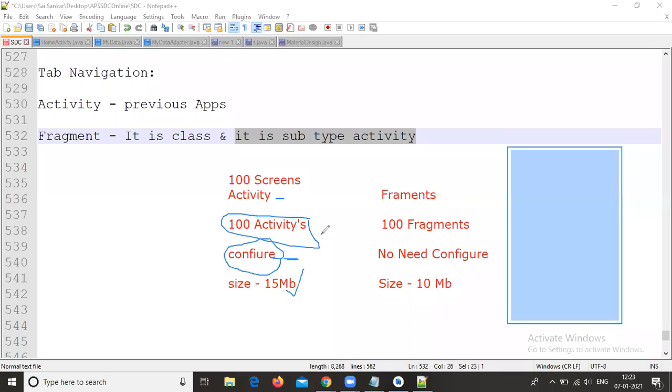Okay, so in the same way, if you want to develop a fragment, we need to create fragments like activities, but the difference is there's no need to configure them in our manifest file.